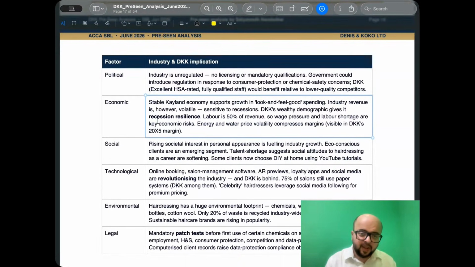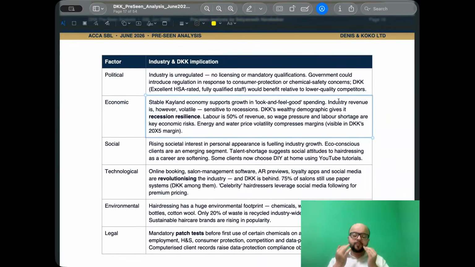Okay. From an economic standpoint, this is a stable economy which supports growth in look and feel good spending. Industry revenue is volatile, sensitive to recession. DKK's wealthy demographic gives it recession resilience. Now, this particular brand is in the excellent category, which means they are already serving high end and wealthy customers. So even if a recession comes, although this is discretionary spending, because you also serve rich customers,